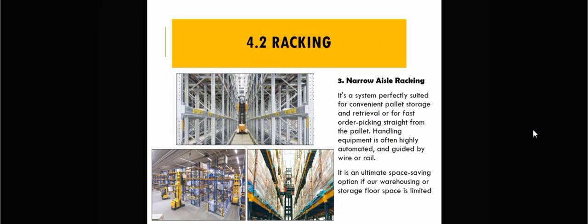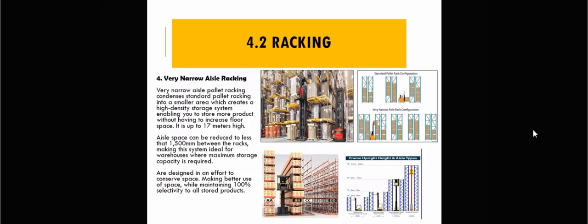Okay, seterusnya ladies and gentlemen. Okay, ni very narrow aisle racking. Ni lagi sempit ruang penyimpanan dia. Alright, very narrow aisle pallet racking condenses standard pallet racking into a smaller area, which creates a high density storage system, enabling you to store more product without having to increase floor space. It is up to 17 meters high. So kita boleh